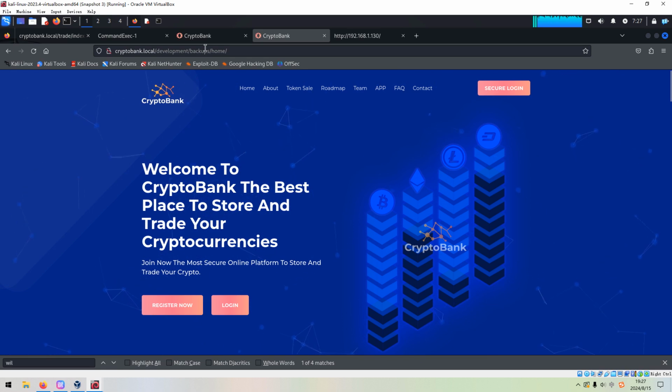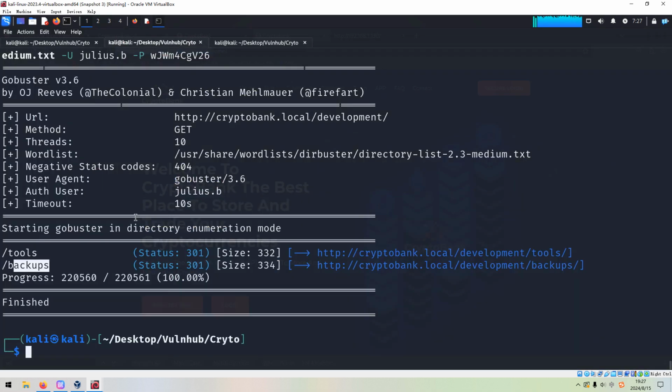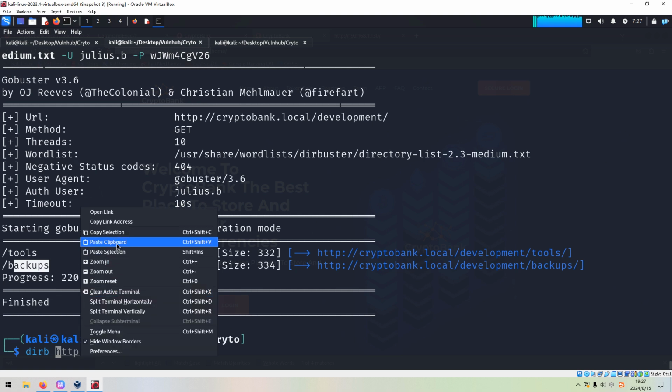And to do that, maybe the Git. We can use the Git for the code development, right? So I'd like to use another enumeration tool. We can put it in here.